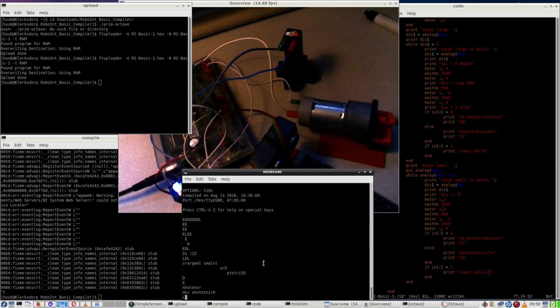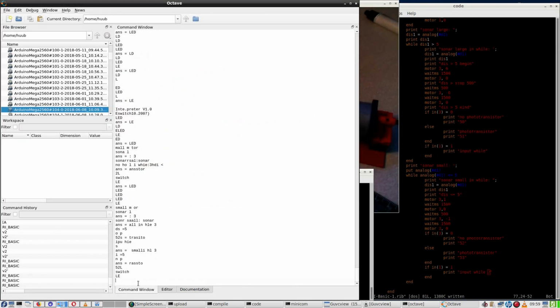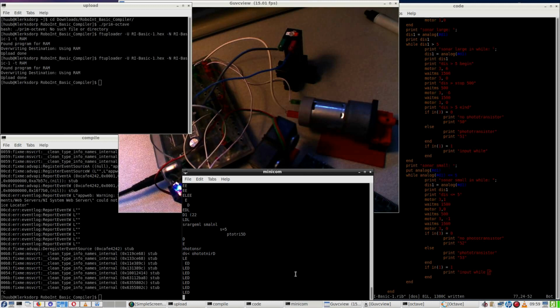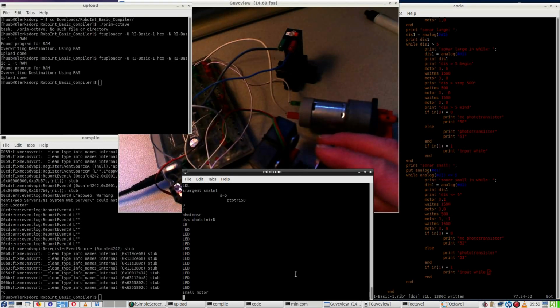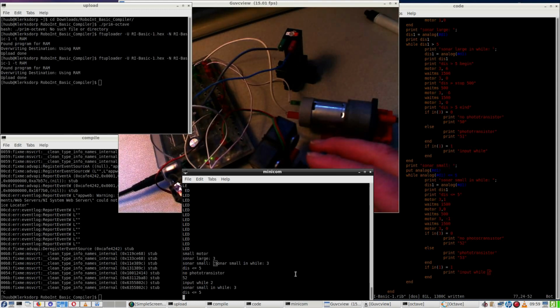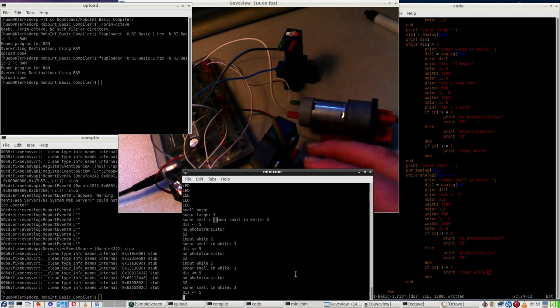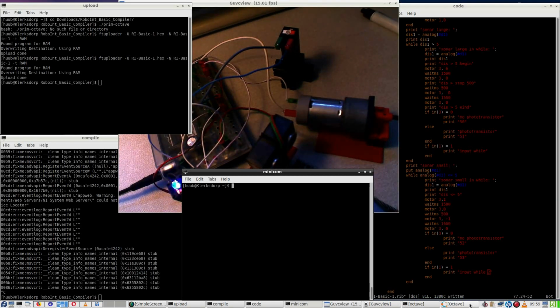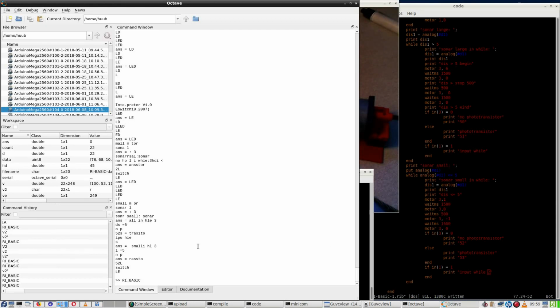Wait, it is garbled. Why is it garbled? Because this program is also running in Octave. So now I quit Octave, so you can immediately see that that minicom is now working nicely. And a switch pressed. Input while 2, which I just put in, so that works. Then I quit minicom, go back to Octave, go,